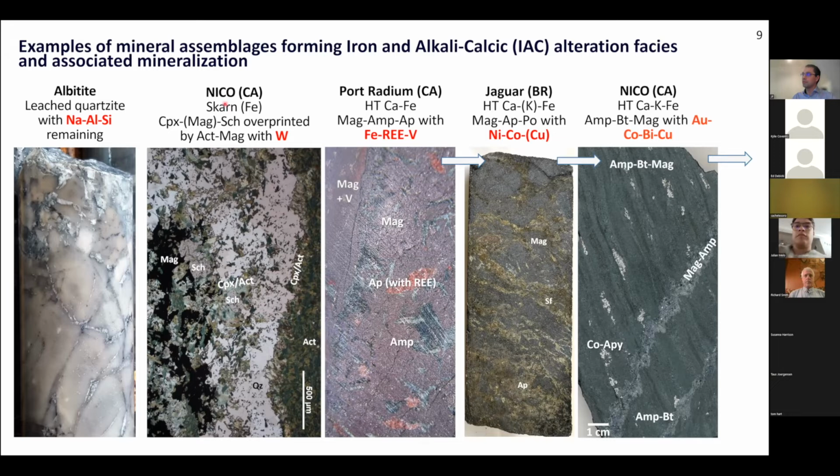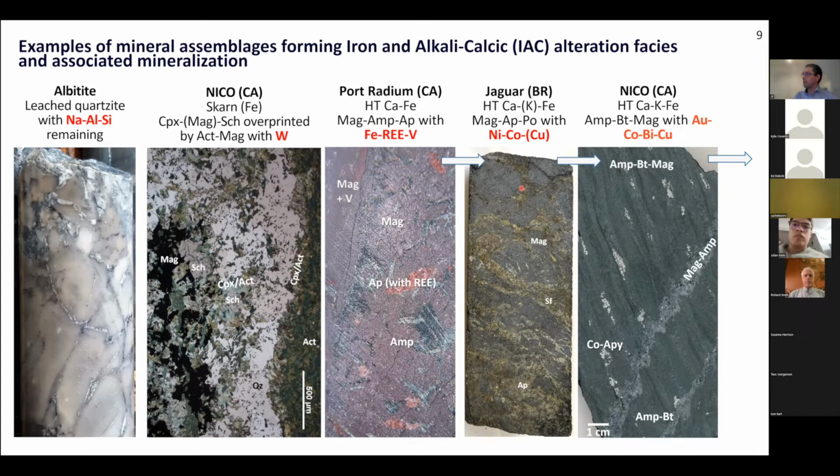And then we can have skarn iron types of alteration facies. And at this stage, we can start to precipitate scheelite in association with this enrichment in iron, so magnetite and iron clinopyroxene. And we can start forming tungsten mineralization, where there is a flooding of iron in the hydrothermal system. And then at this stage, we can start forming iron oxide apatite or iron oxide mineralization. So IOA type mineralization, in this case with magnetite, and then in association with apatite.